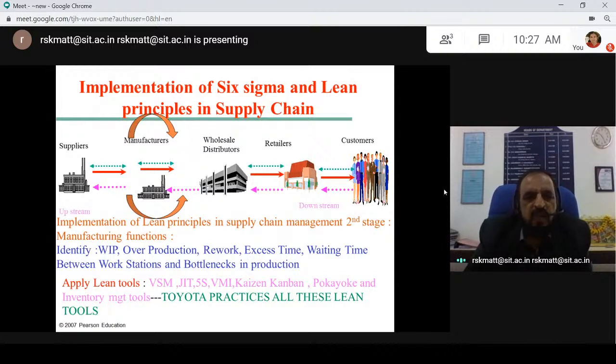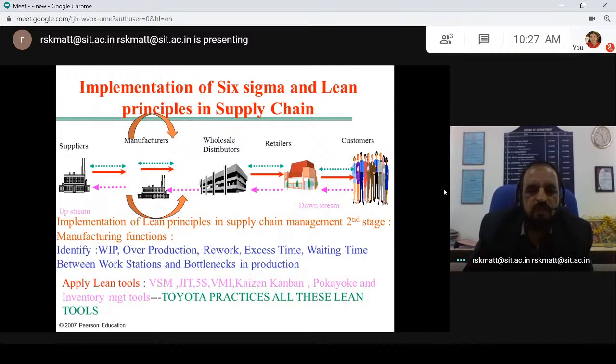I'll be with the managers because we have a good relationship, and the general managers are there in our board of studies. I keep going, they keep coming to our college department. We have a good relationship, and also we have an MOU with them. So in this context, I know all these cutting edge practices in Toyota Kirloskar. Then apply value stream mapping, just in time philosophy, 5S philosophy, vendor managed inventory, Kaizen, Kanban, Poka-yoke, all